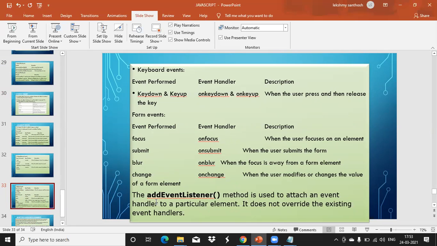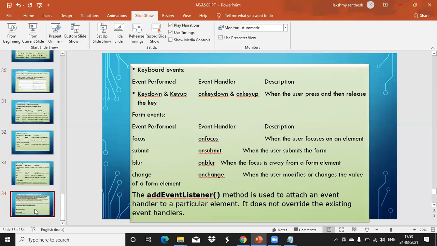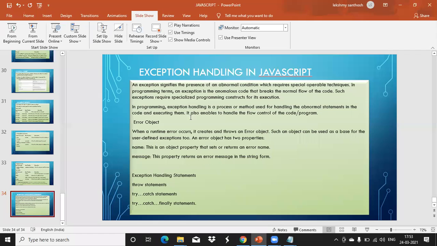Then how to use addEventListener for the same HTML element in a different way. And we learned what an exception is, how many types of errors we have, and how to handle exceptions in JavaScript with try and catch. I showed you a single program; the other things we will do tomorrow. Any doubt?